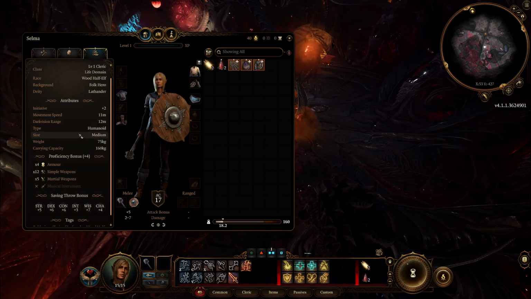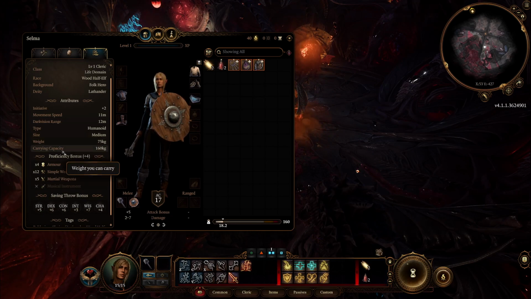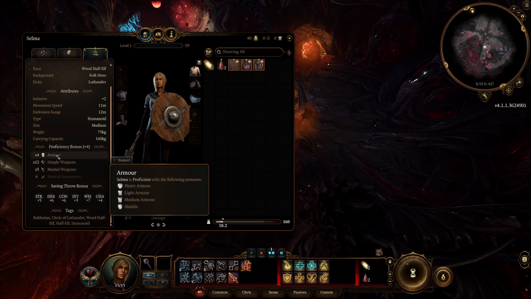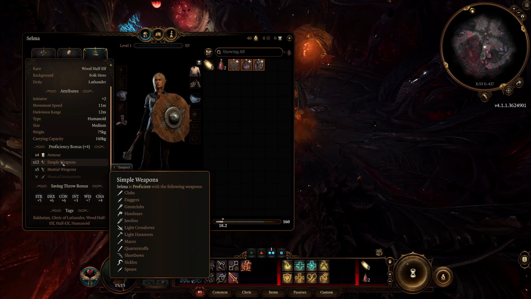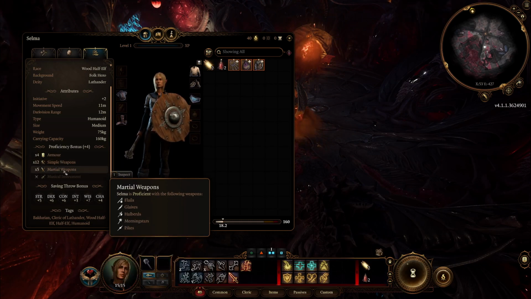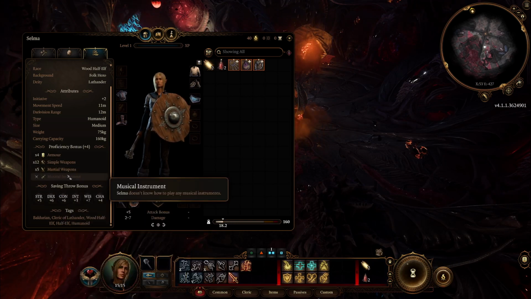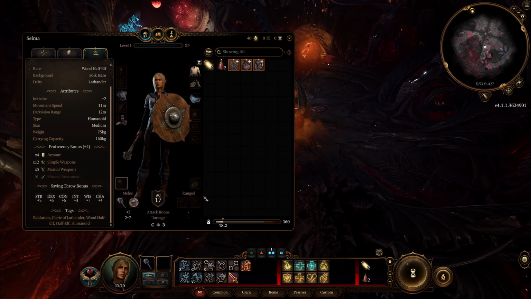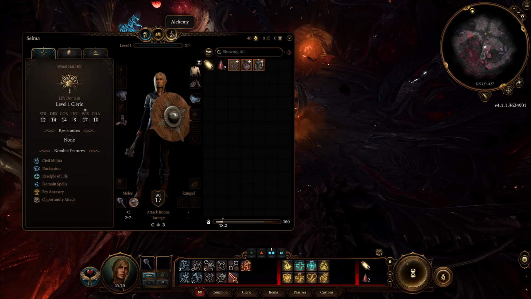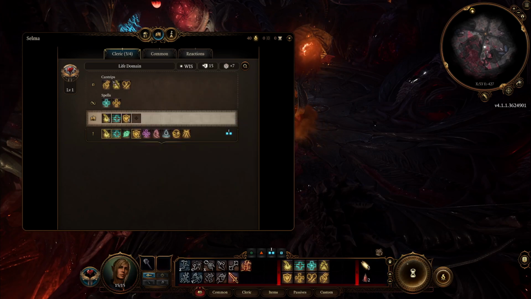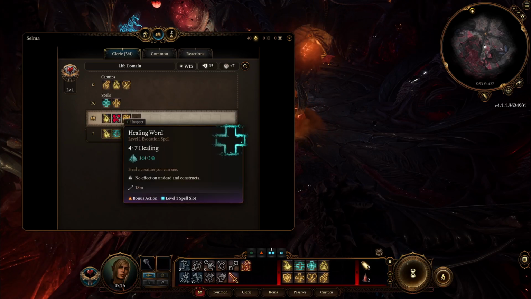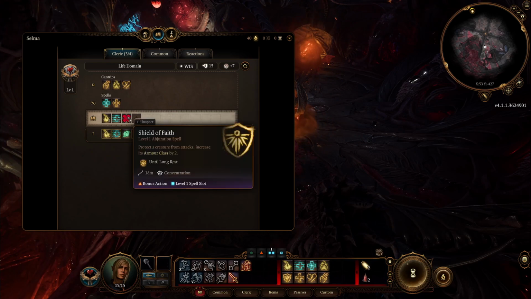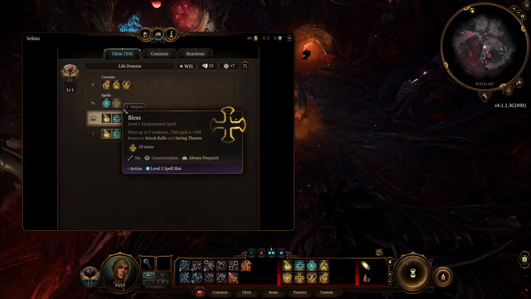We're humanoid, we're medium size, we're 75 kilograms, we can carry 160. We have proficiencies in all armor and shields. We have a simple weapons proficiency, and we have 5 of the martial proficiencies because we chose a half elf. A lot of this came from the half elf right there. And we're not proficient in a musical instrument. Alright, so there is our summary of our character. We have this as our spellbook. We have Guiding Bolt, Healing Word, and Shield of Faith as our deal.